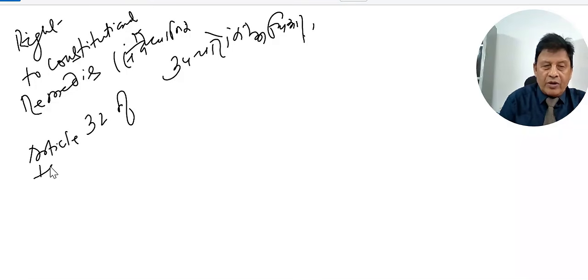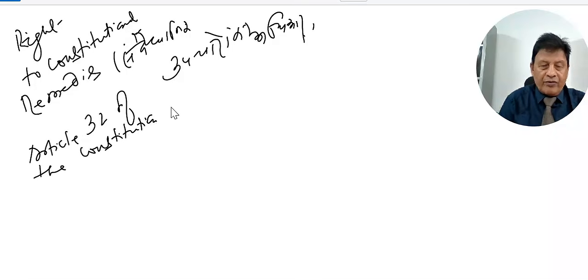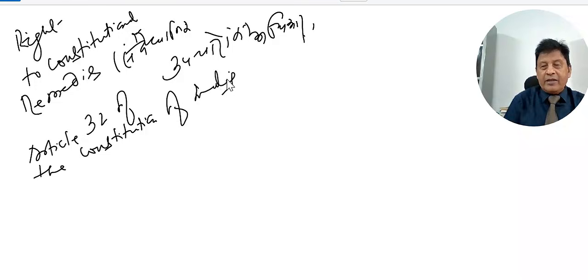It is there in Article 32 of the Constitution of India. ये भारतीय संविधान के आर्टिकल 32 में दिया गया है, ठीक है।